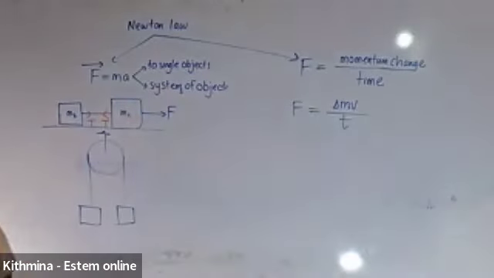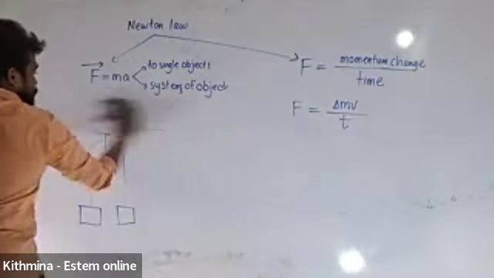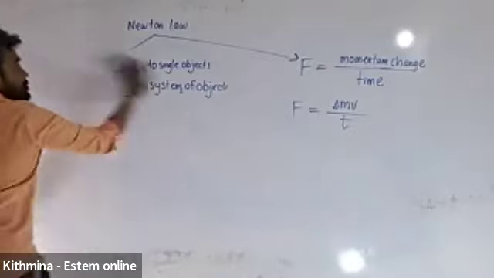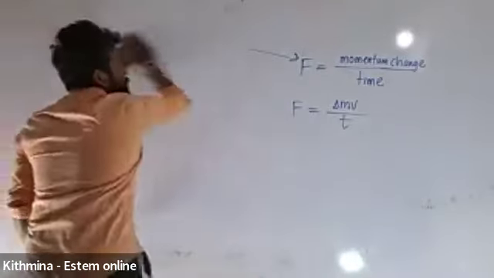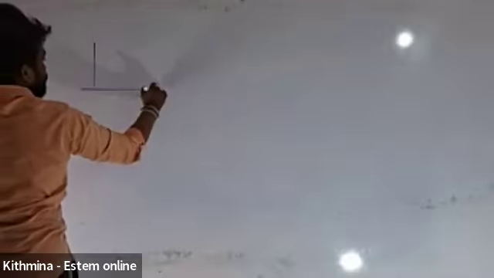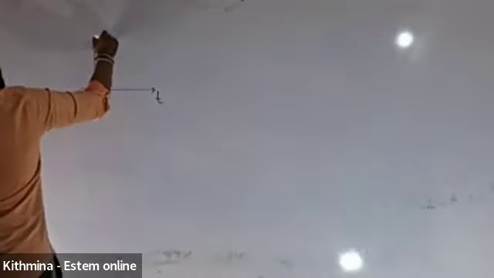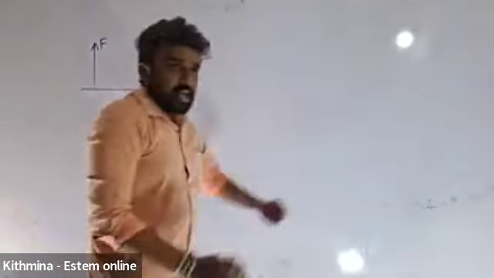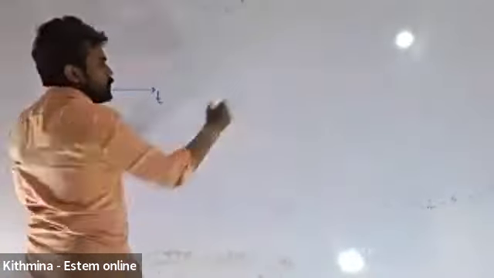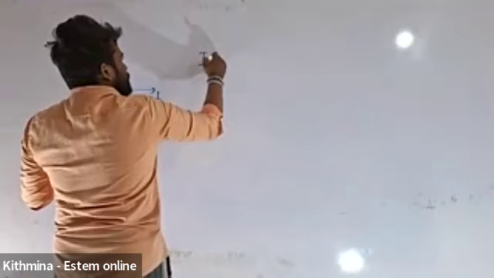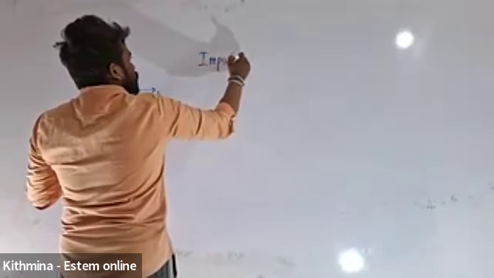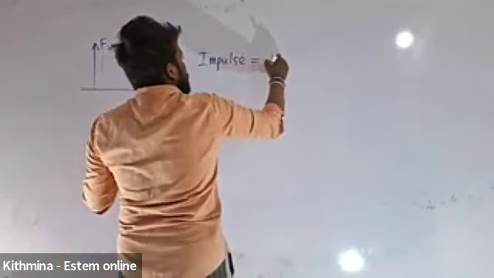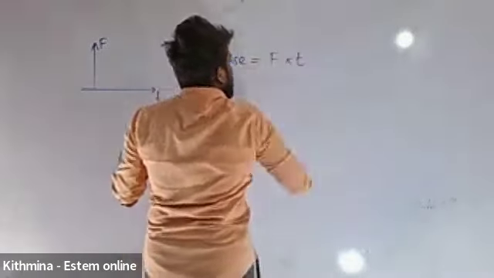Again, these are the two methods. We can draw Ft graphs, and there is an equation for impulse. Okay, we know impulse. Always impulse equals force into time, and